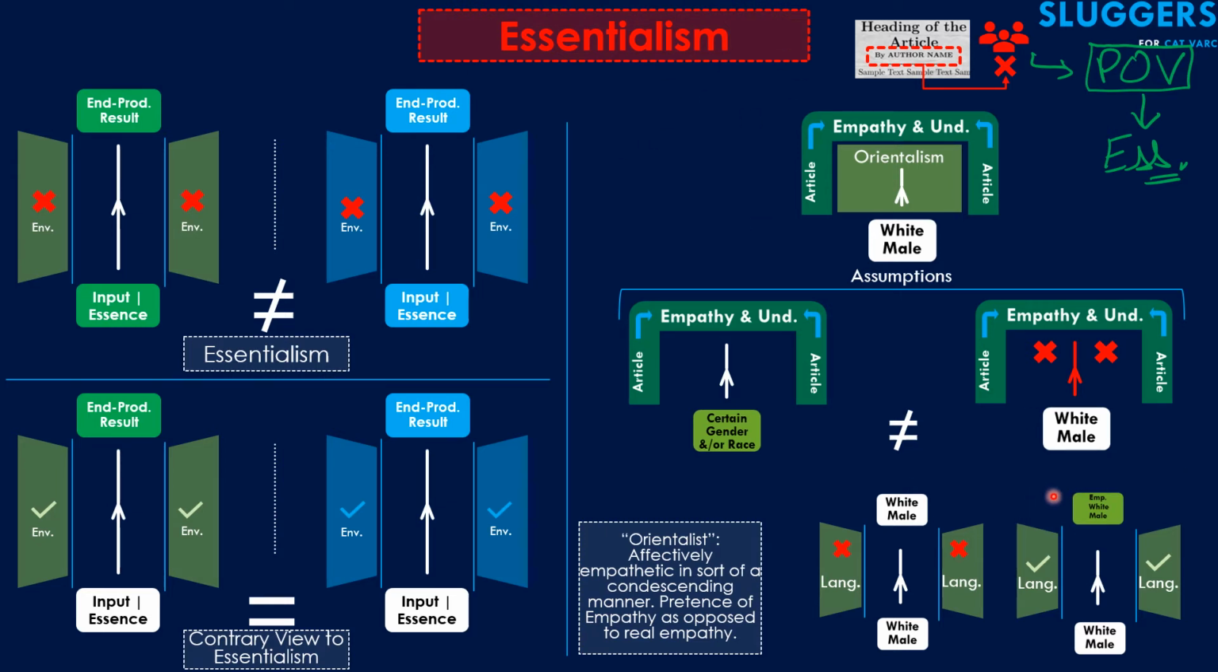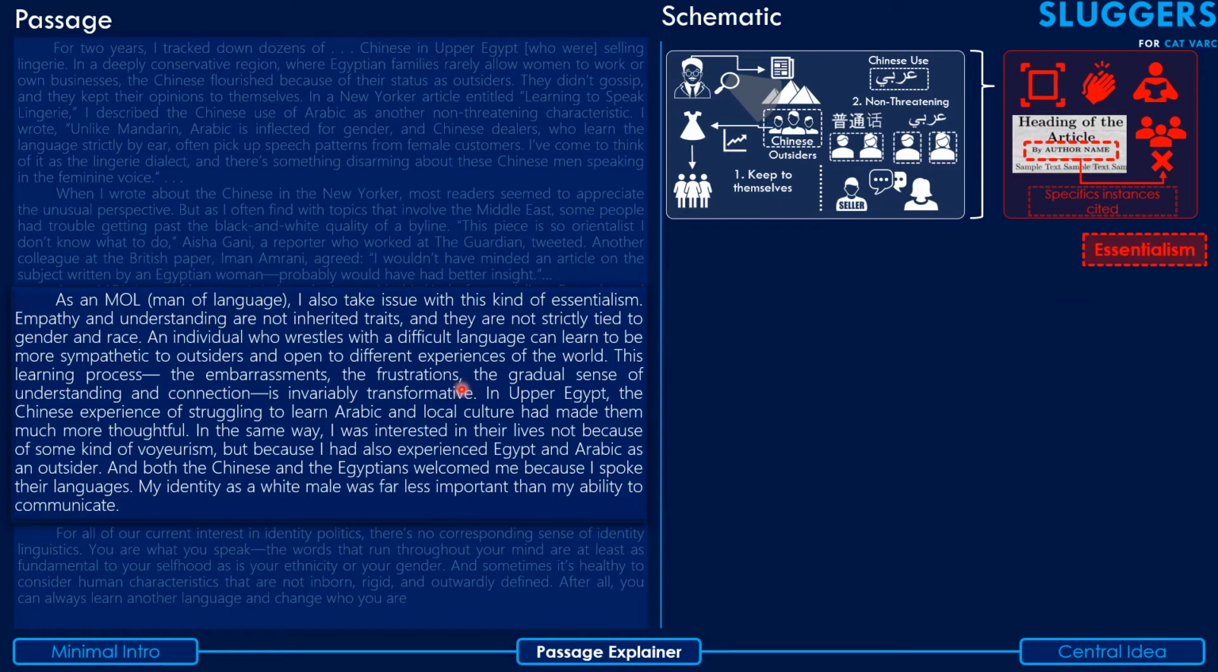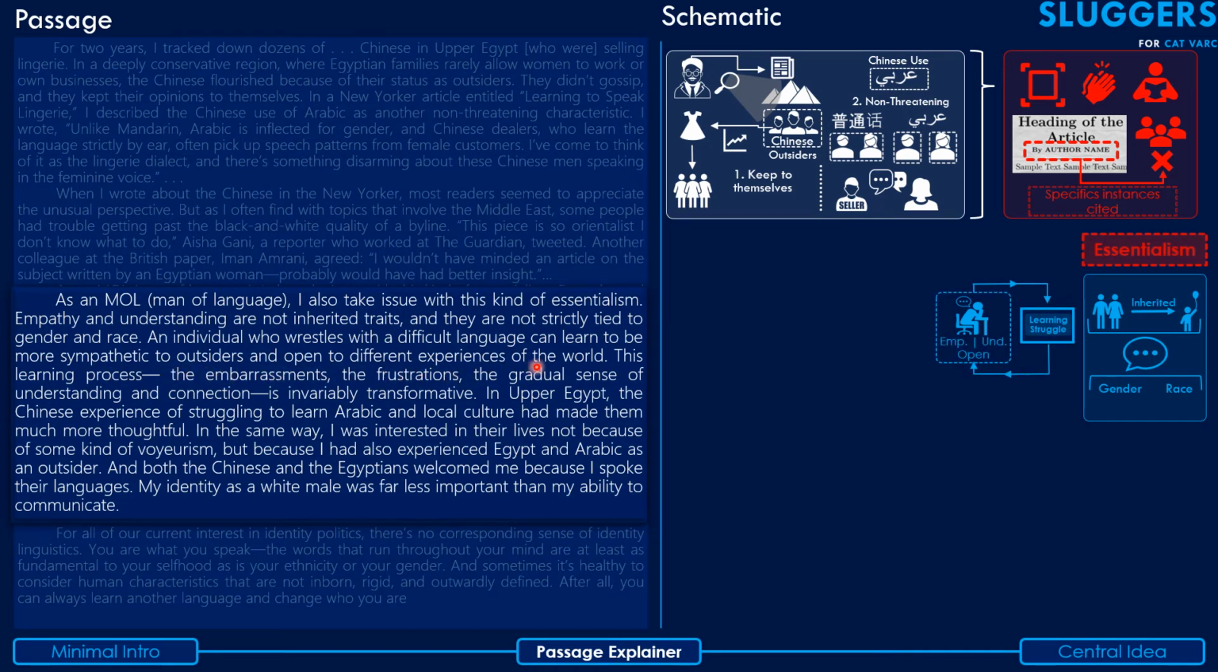Now we are in a position to move on to the rest of the reading of the current paragraph. Okay, coming to the third paragraph again. As an MOL, that is man of language, I also take issue with this kind of essentialism. Empathy and understanding are not inherited traits, and they are not strictly tied to gender and race. An individual who wrestles with a difficult language can learn to be more sympathetic to outsiders and open to different experiences of the world. This learning process, the embarrassments, the frustrations, the gradual sense of understanding and connection, is invariably